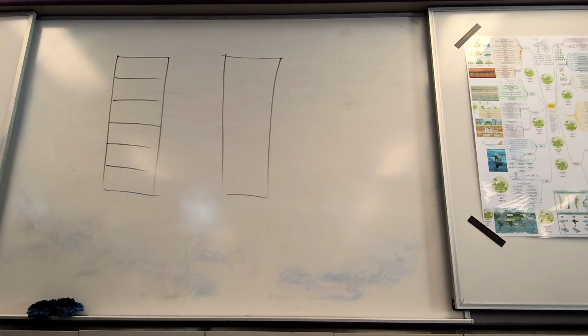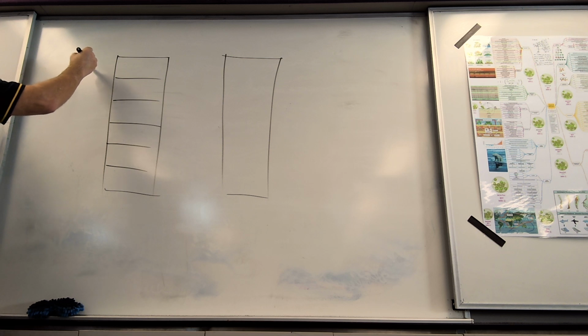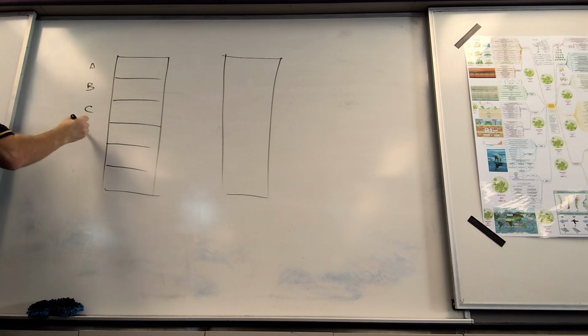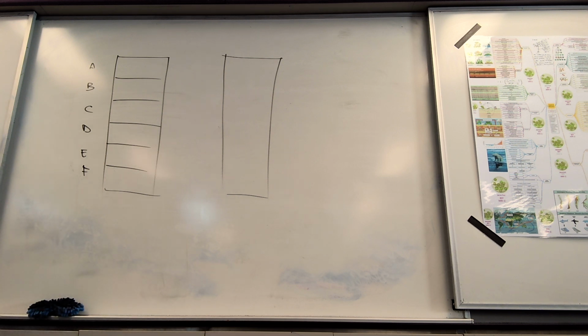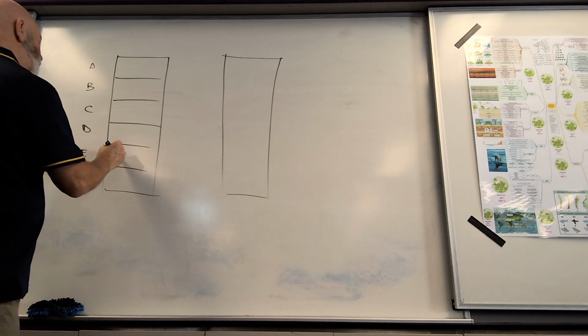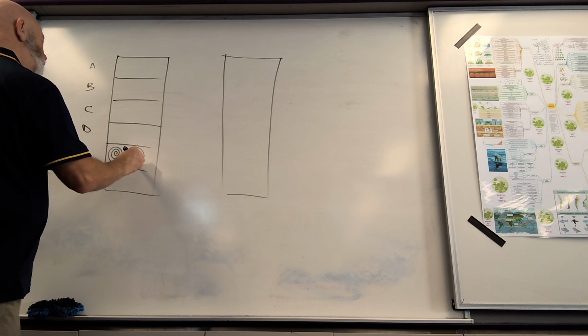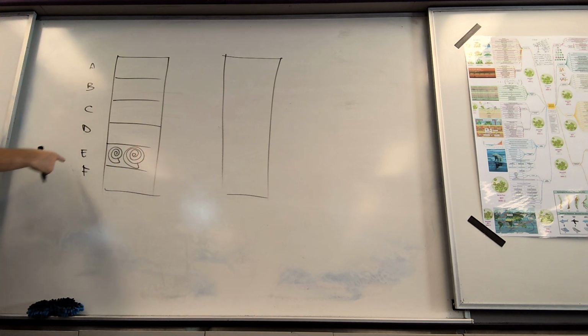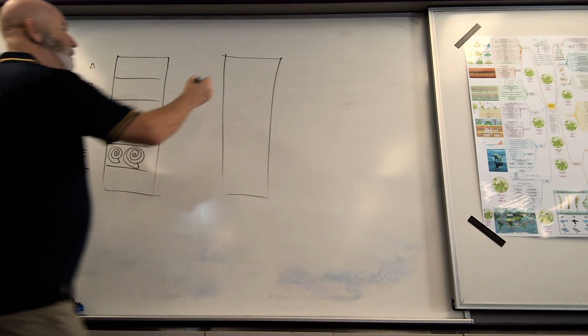Alexis, here we're going to have A, B, C, and D, and E, and F. Which one of them are we going to find that fancy index fossil in? E. So in layer E, we're going to find that index fossil. And we know that wherever we find that rock layer, it's the same age. Yeah? So over here,